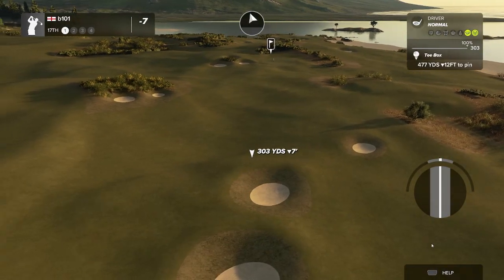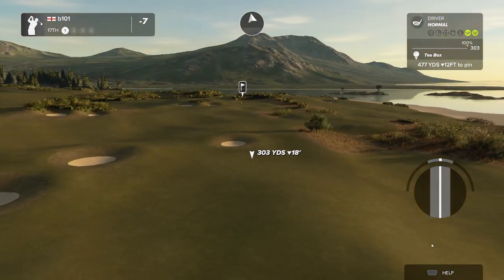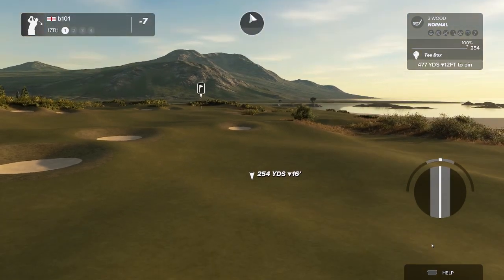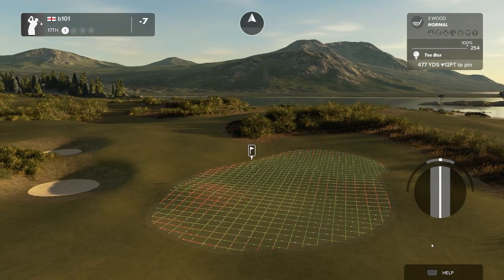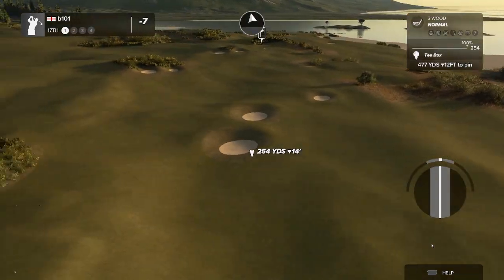So again, we can just hit driver over, and if we don't, we do want to be down this side, but it's a longish par four, so we're probably not hitting 3 wood. We could, but even if we do, we're still blocked off from really getting at this pin. Granted, it's better than over here, but